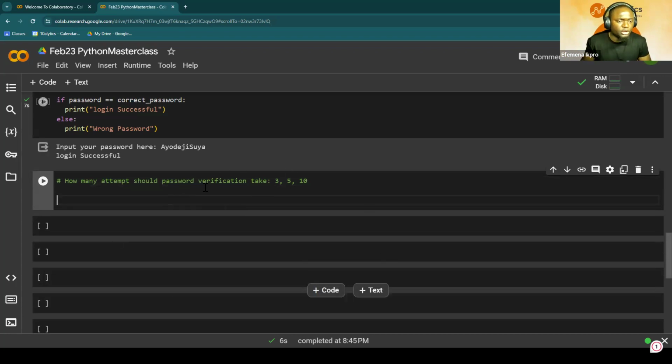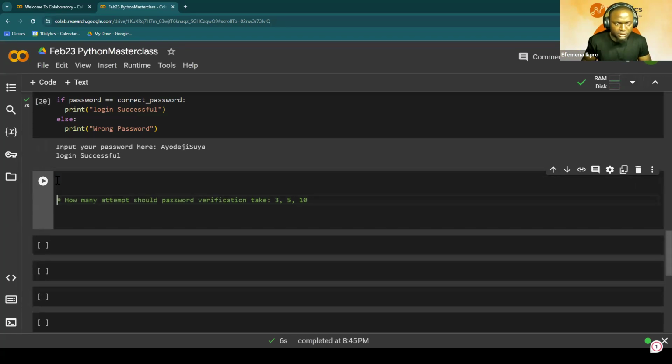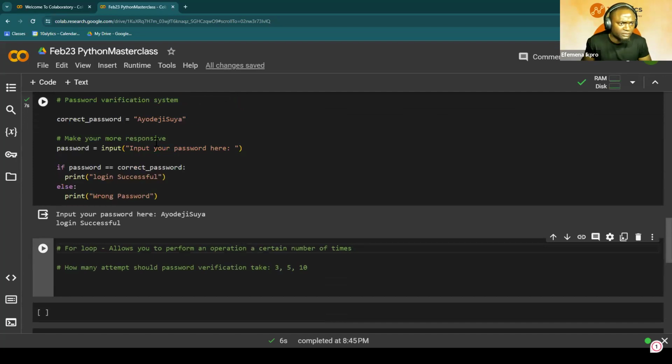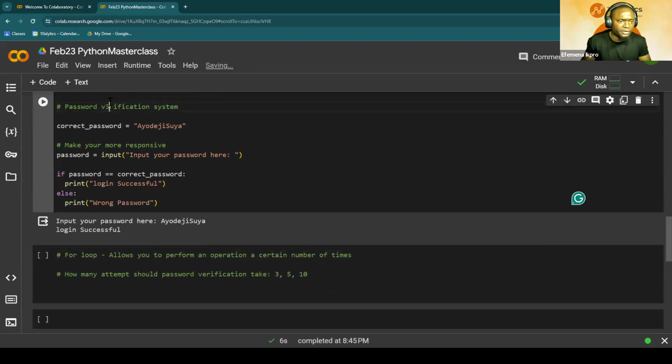All right, so I'm going to introduce you to what we call a for loop. The for loop basically allows you, not me, to perform an operation a certain number of times. So like this operation now, this login confirmation, this password verification system,